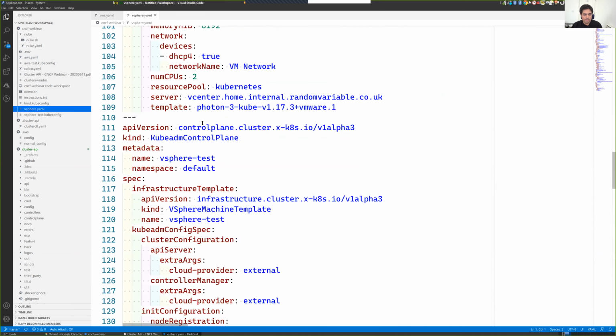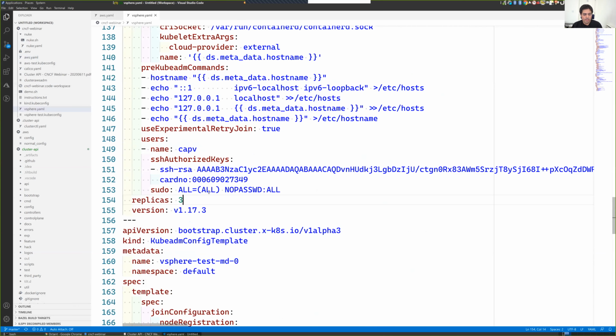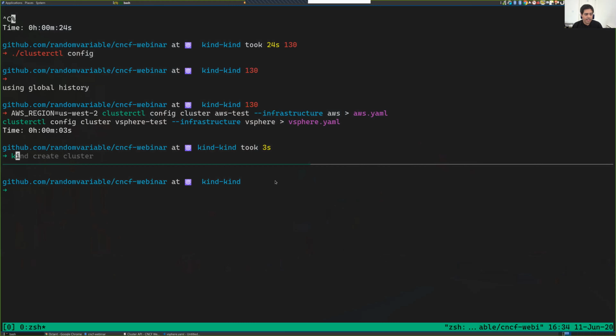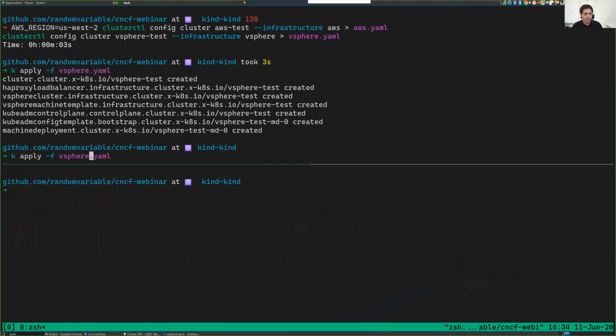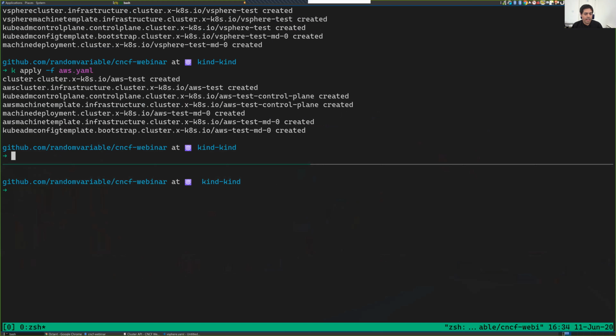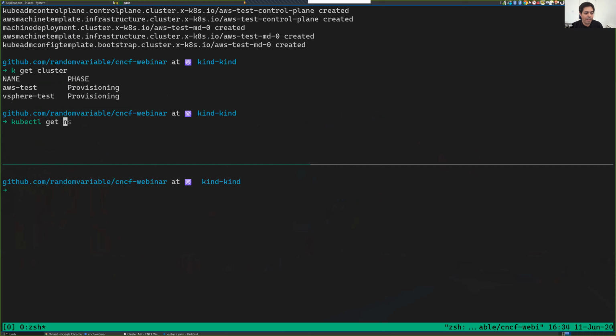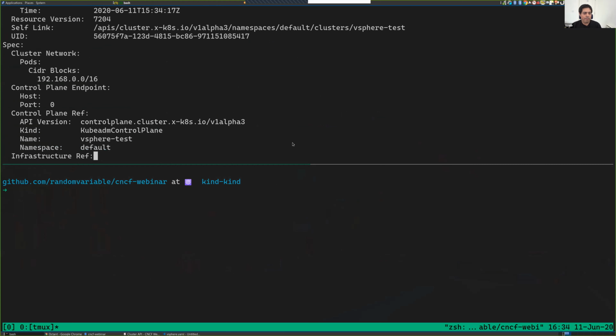I can find it. There you go. So I'm now ready to apply these, and that's standard. And that's 2 clusters which are now defined. So I've just got an alias for k to kubectl. So I have two clusters which are in a provisioning state, and